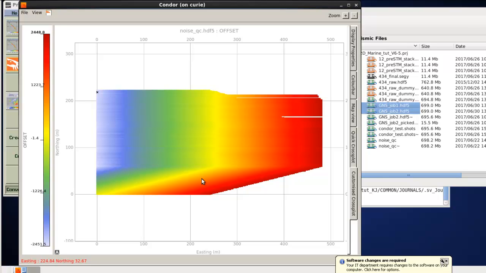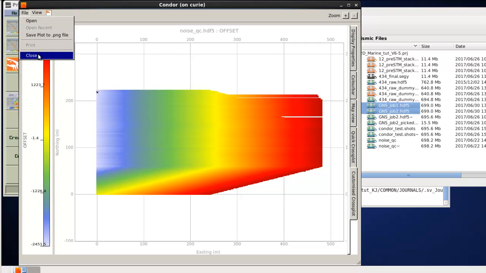People on CentOS 7 or the Ubuntu operating systems can use Condor. Now, Condor doesn't yet have all the functionality that exists in the Aerial application. For instance, there's no capability for multiple panel display, and we can't pick shot and channel edits at present. This functionality will be incorporated into the Condor application during future releases. So that's all I want to say about the Condor application. So I'll close this down